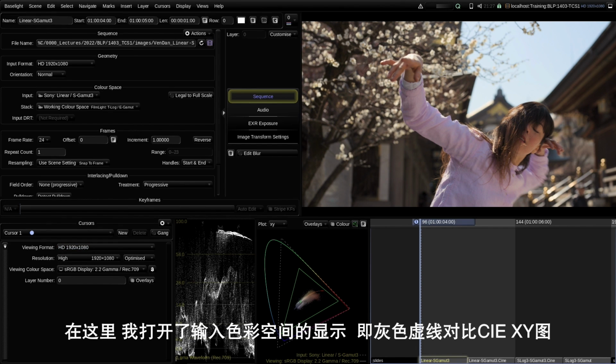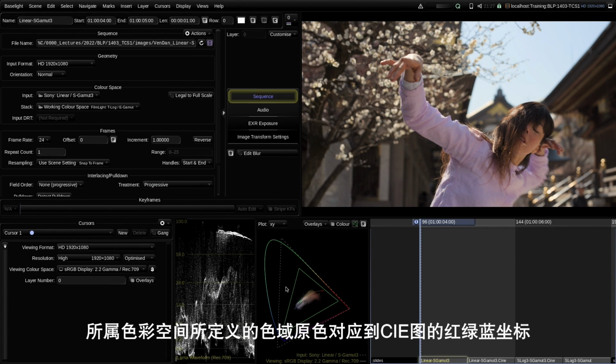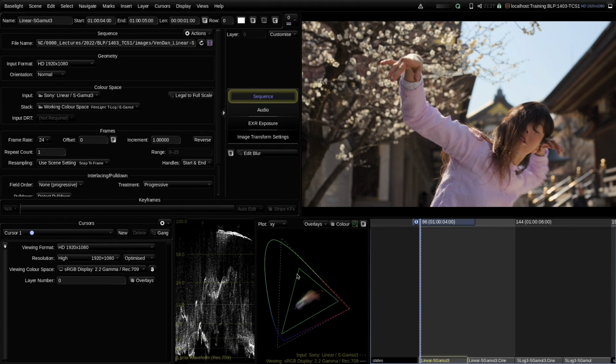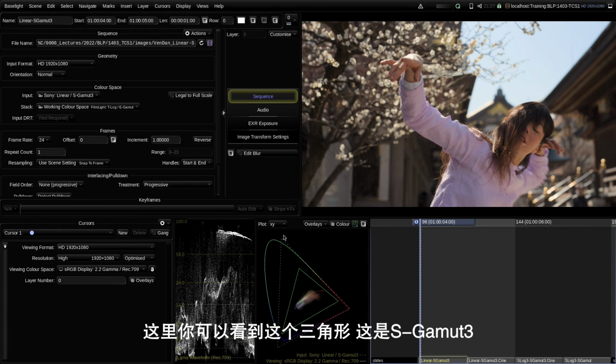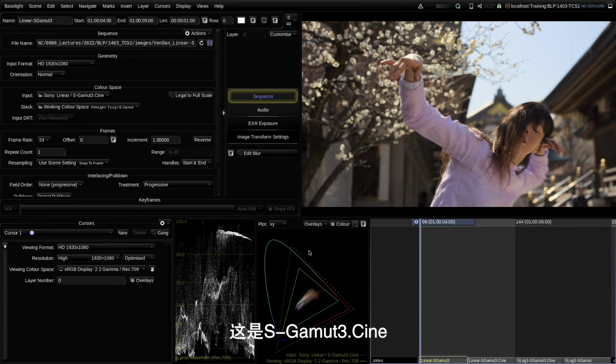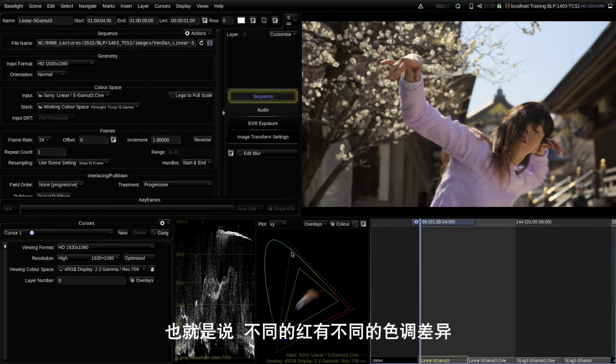Also, I plotted here the input color spaces with that gray dotted line in that CIE XY diagram. The primaries define the coordinates in that CIE diagram of the red, of the green, and of the blue primary of that color space. And here we can see with that gray triangle, this is S-Gamut 3 and this is S-Gamut 3.Cine. So we can see some of the points move around, and that means what kind of hue the red has, and what kind of purity or intensity,